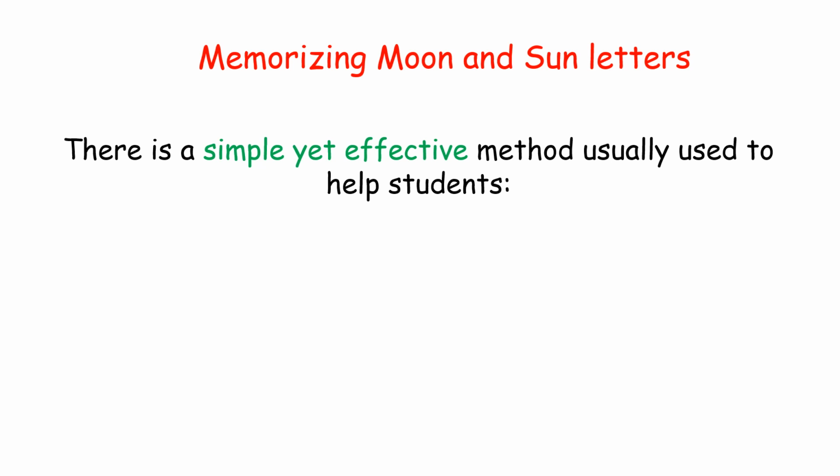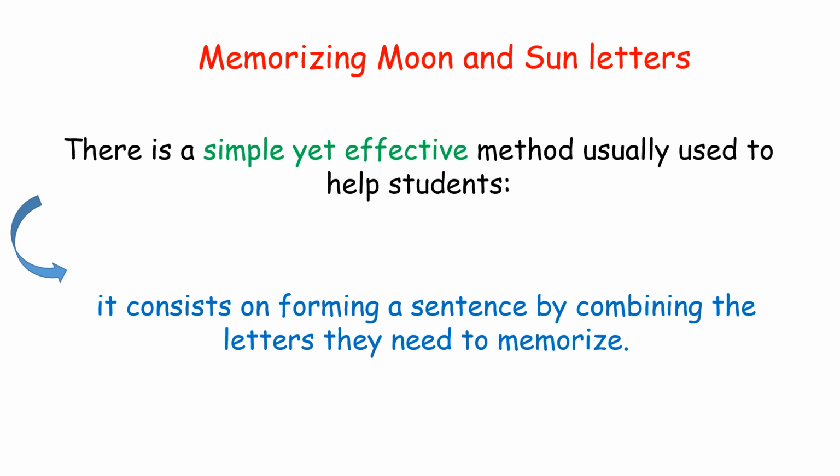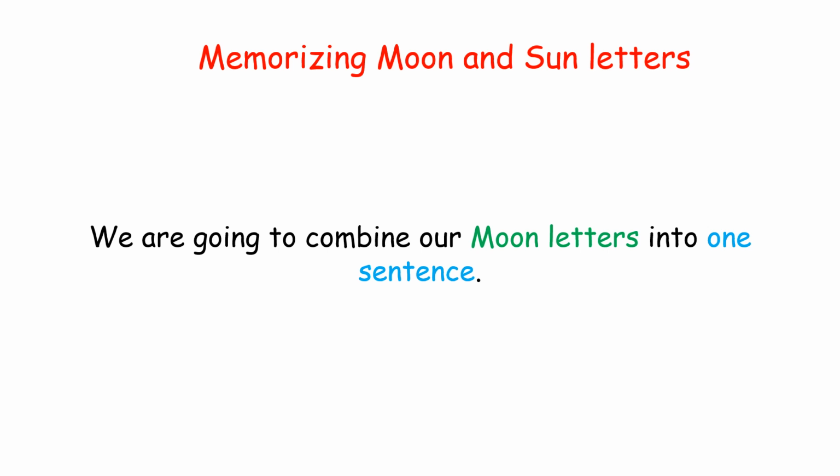Speaking of, we've got an easy way to memorize these letters. In such cases, there is a simple yet effective method usually used to help students, and it simply consists on forming a sentence by combining the letters we need to memorize. We are going to combine our moon letters into a sentence, and the rest is a deduction game. In other words, any letter that doesn't belong to this sentence is a sun letter. And the sentence is